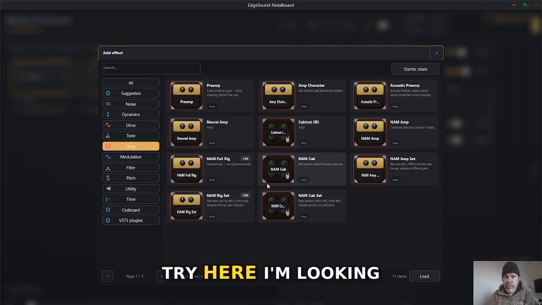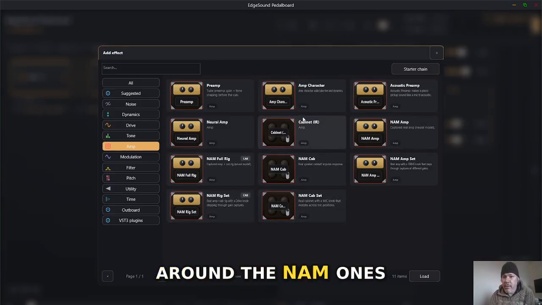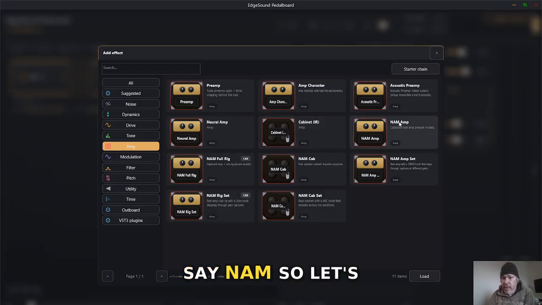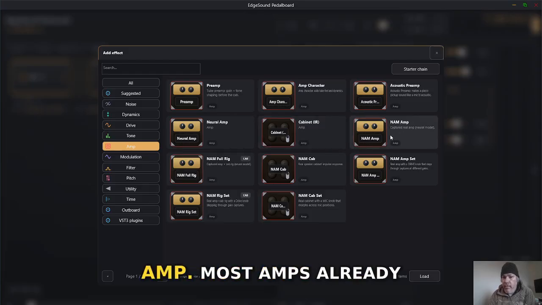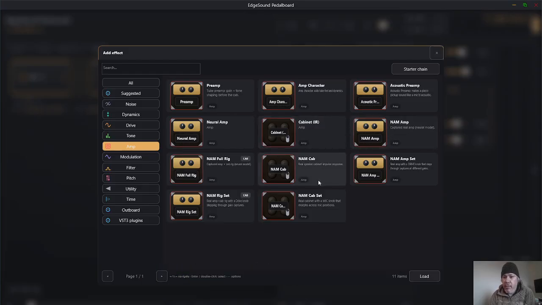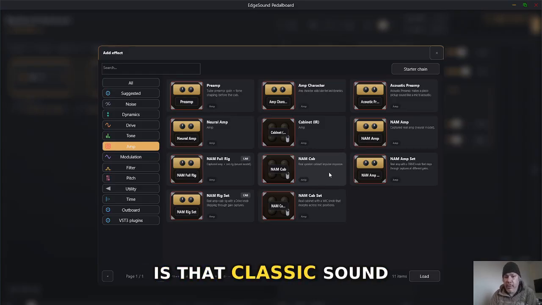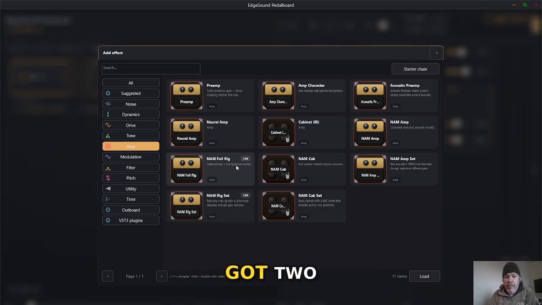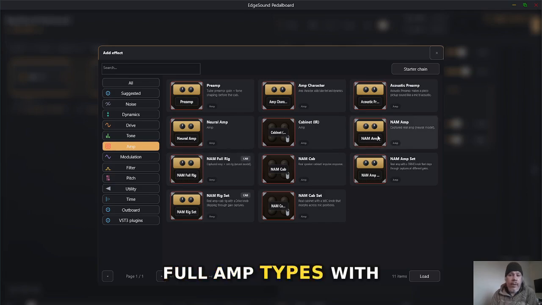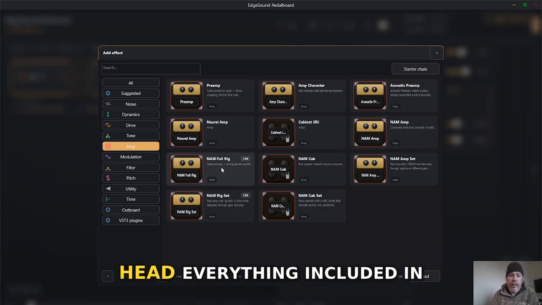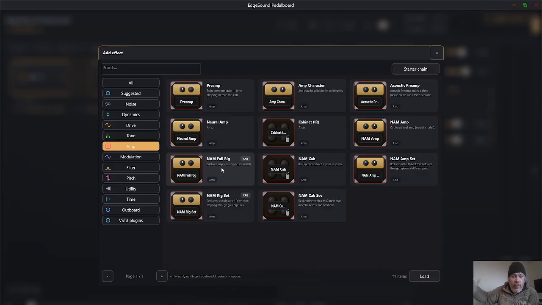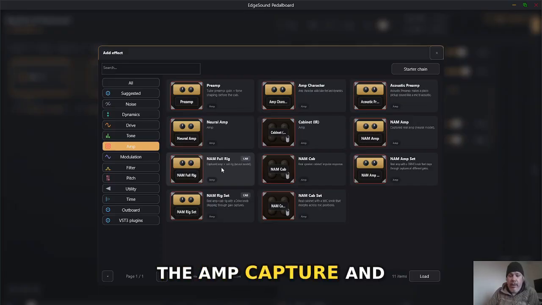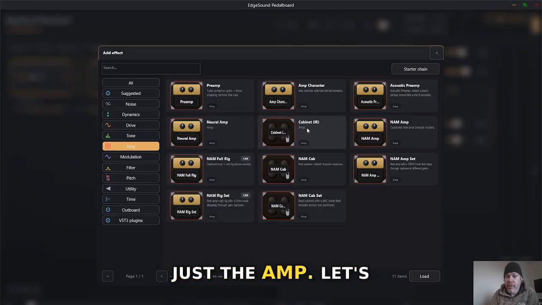All right, let's try here. I'm looking around. The NAM ones say NAM, so let's go straight for an amp. Most amps already include a preamp, which is that classic sound. Okay, we've got two. Full amp types with the cab, with the head, everything included in the amp capture, and we've got one that's just the amp.